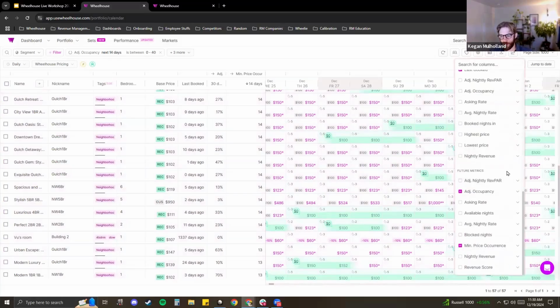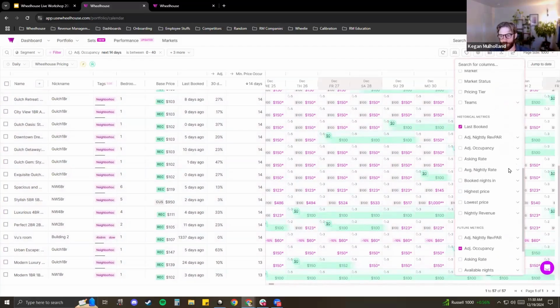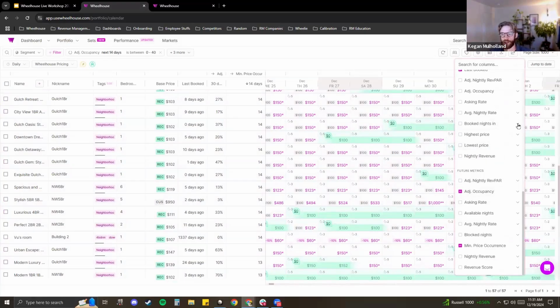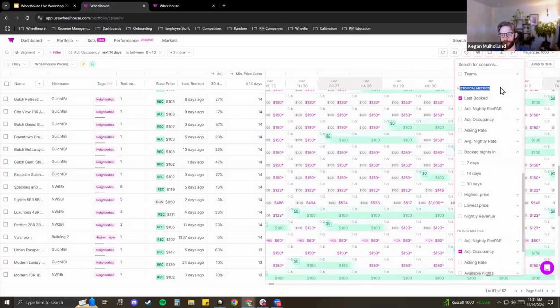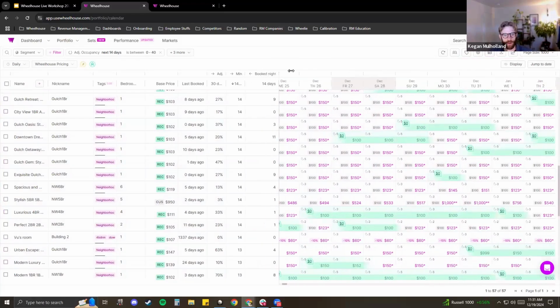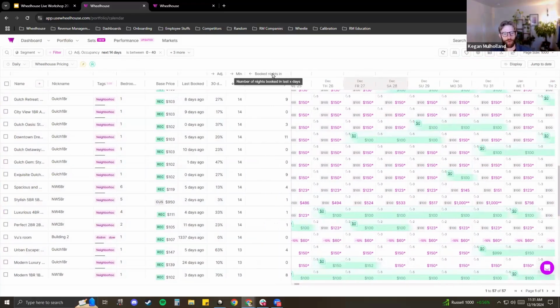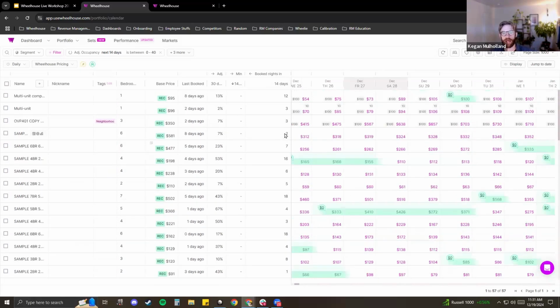One last column I mentioned, like I said, there's a lot here, so I'm not going to go through them all. But the other one, where is it at? Book nights in. So under the historical metrics, this book nights in column is pretty nice. It's a little confusing until I explain it. So book nights in the last 14 days. This doesn't mean the last 14